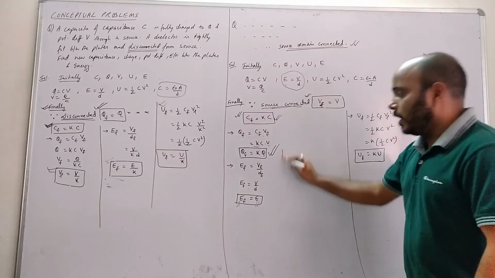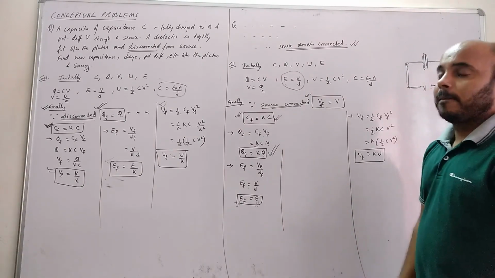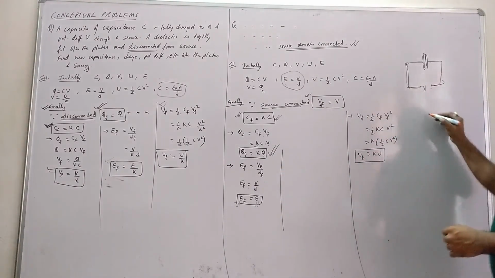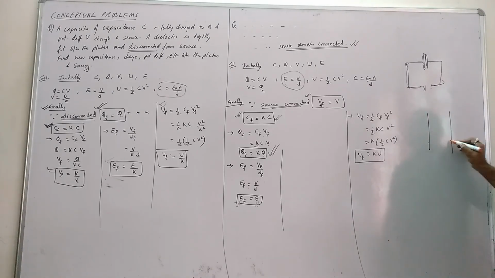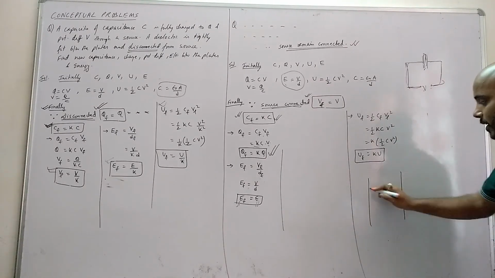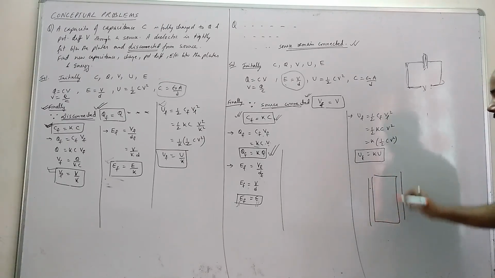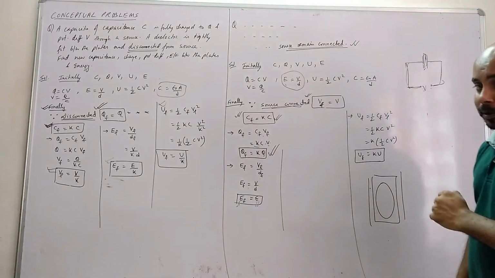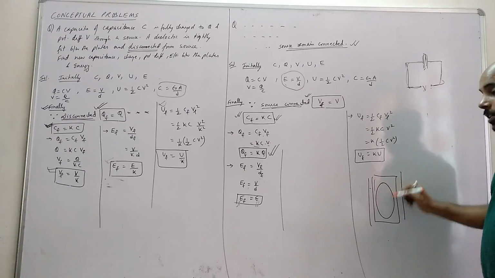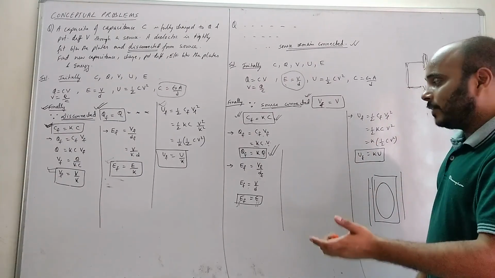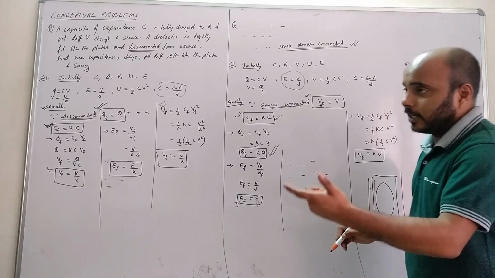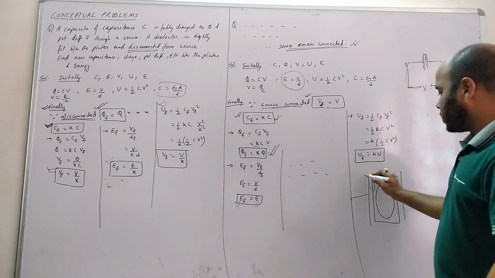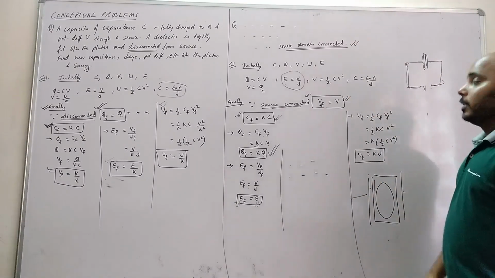Now here two types of questions come. Try to understand what I am saying. This is the electric field between the plates, only between the plates. But if I talk about inside the dielectric, the electric field decreases. That you know. Go to the polarization topic, you will understand from it. It will get polarized, and the electric field will decrease. So inside the dielectric, the electric field decreases. But between the plates, the electric field remains the same because the electric field depends upon the potential difference across the plates, and the potential difference is the same.